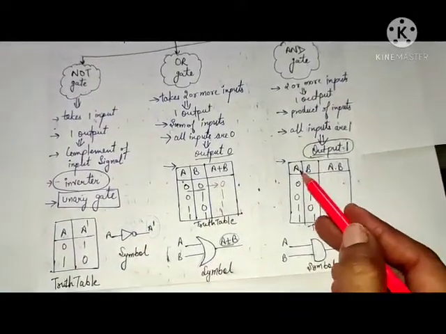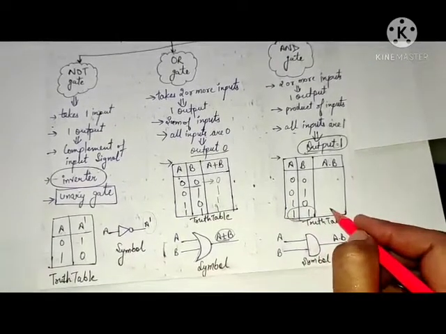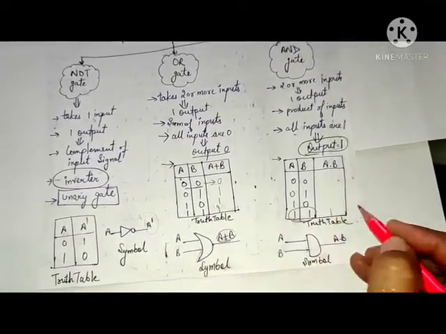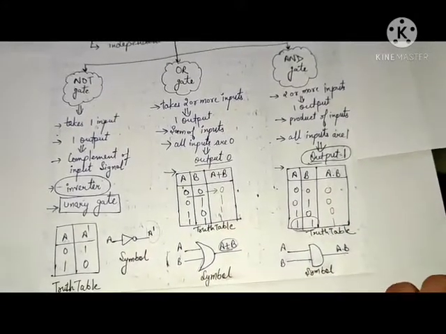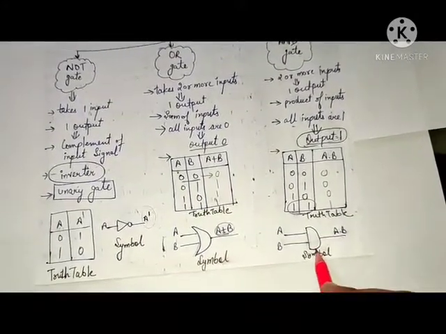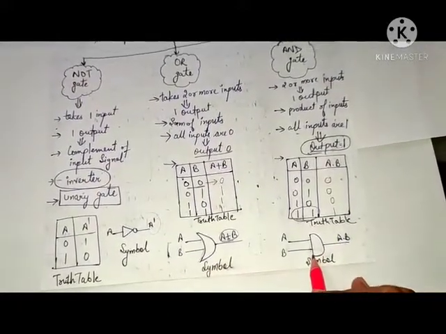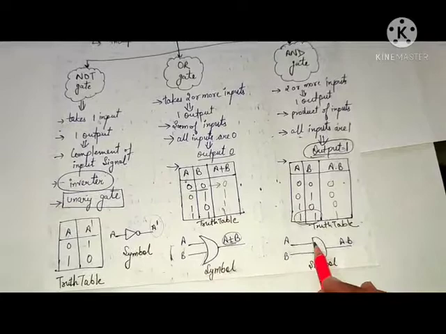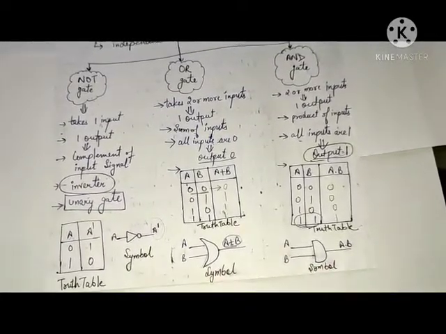See here, I am taking two variables. When both the variables have input 1, then the output is 1, otherwise the output is 0 in the AND gate. And this is the symbol for AND. That is the capital D shape, the symbol for AND gate. If we are passing two inputs through it, then A product B is the output.